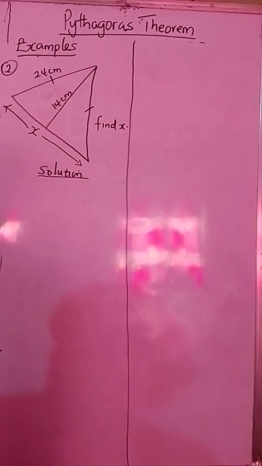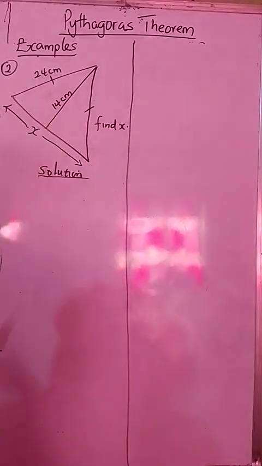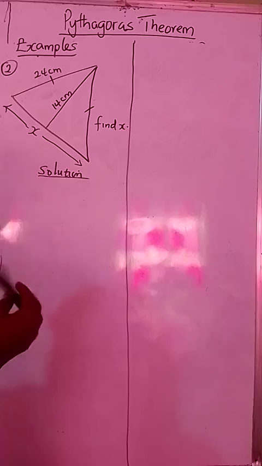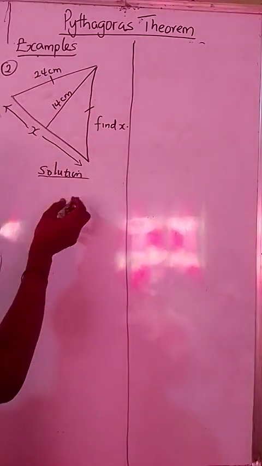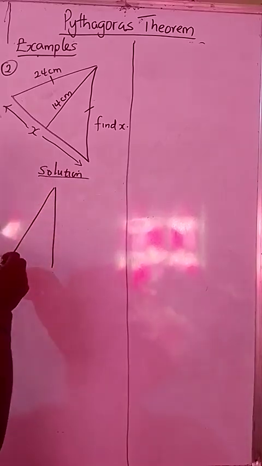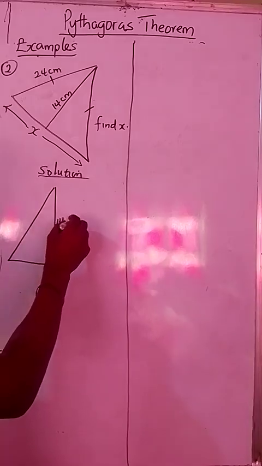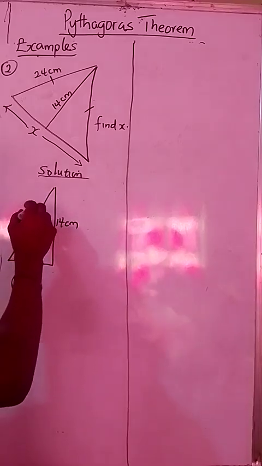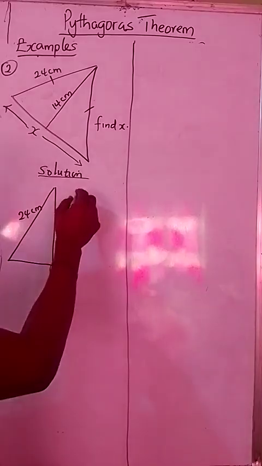Alright? So as you can see, this is an isosceles triangle. So we are going to have to split this into two so that we can have our right angle triangle. If we split this into two, this is what we are going to have. You will have this to be 14 centimeter and this is 24 centimeter. Now remember, if you split this into two,